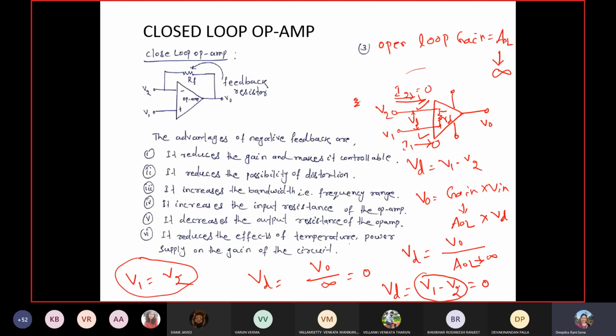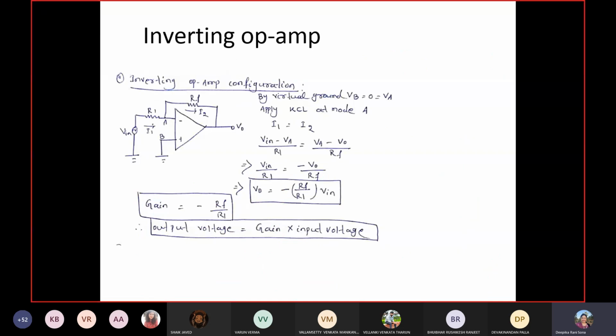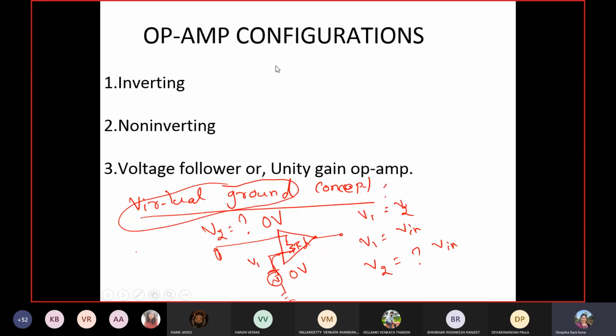Then come to the point. The characteristics, you just go through this. What are the things, as I told, we'll get it from here. Then here one more thing, we are using the negative feedback. What type of closed loop are we preferring? We are preferring the closed loop op-amp with the negative feedback, not with the positive feedback. And why do we go for the negative feedback? Any idea, guys? Why are we not going for positive feedback and going for negative feedback?